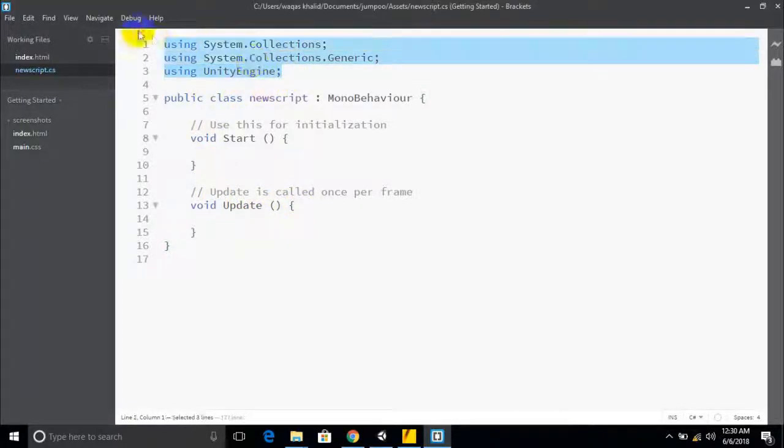On the top there are some libraries which are automatically imported into the script.